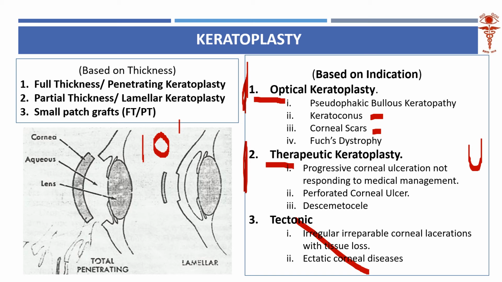To take a corneal button, there is a trephine for this. The instrument used to take a corneal button is called a corneal trephine, and this trephine is used to remove a corneal button. Once the recipient's button is removed, the donor button is placed in that place, and 10-0 sutures are used to make 16 interrupted sutures. Okay. Now,